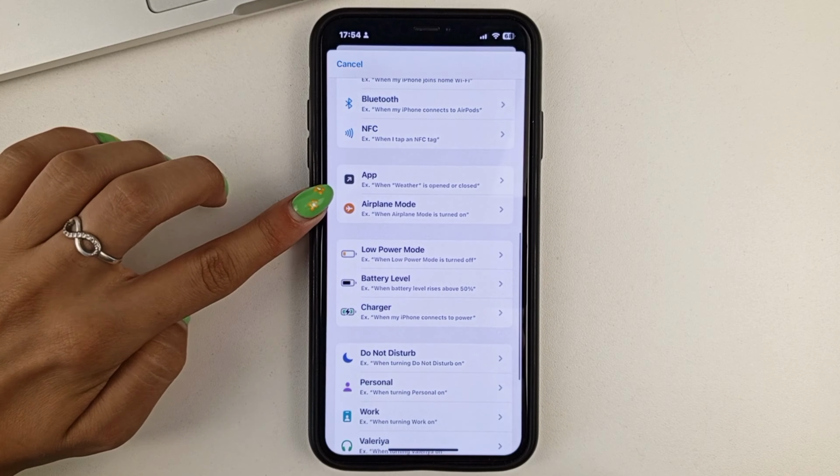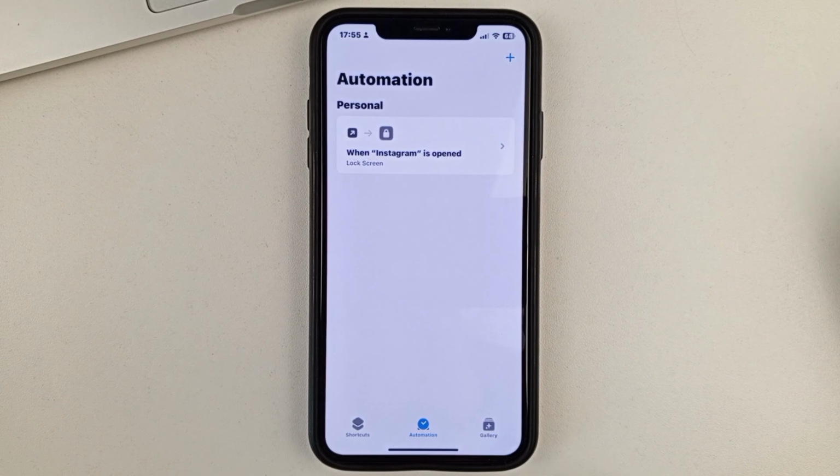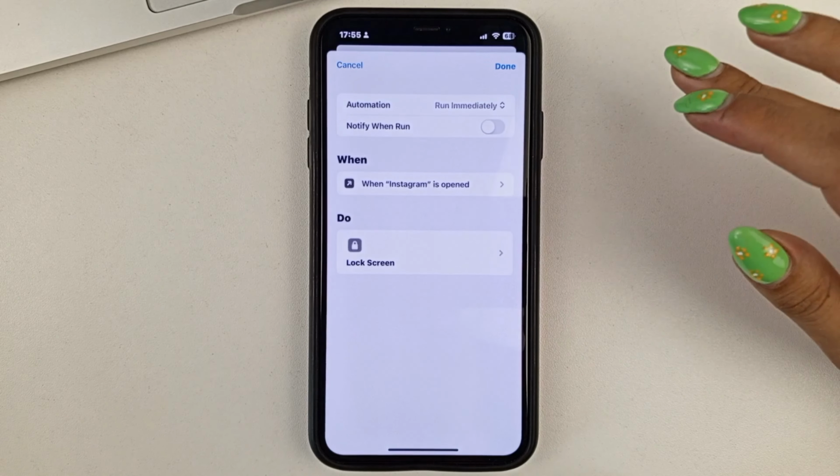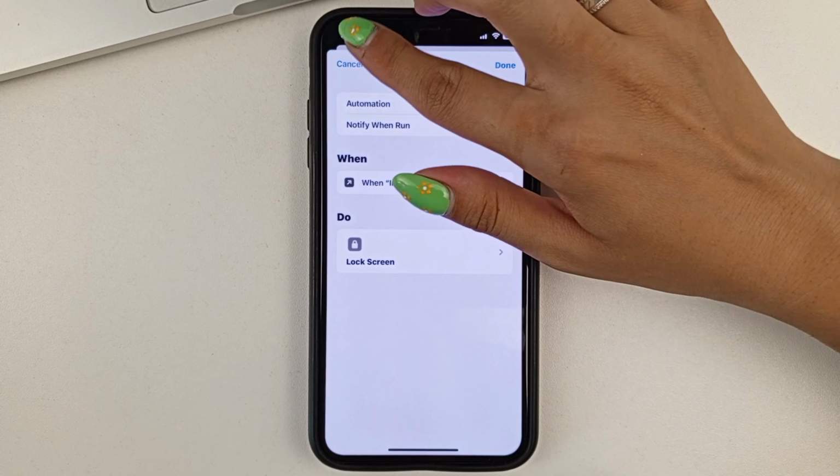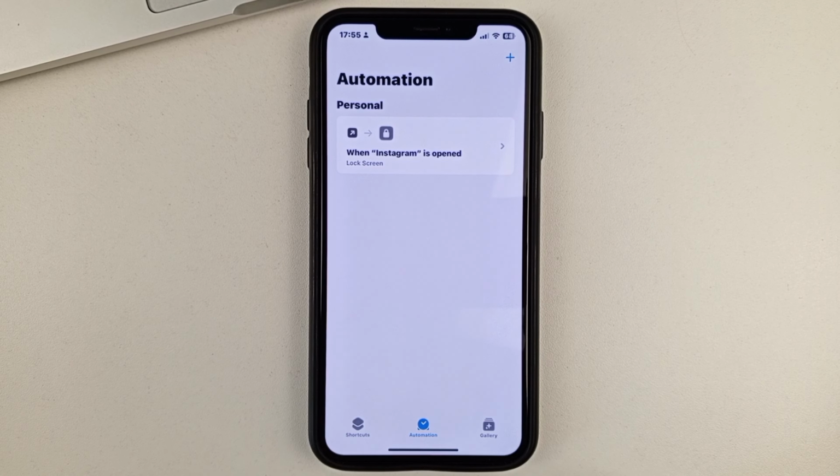Here, you will have to select the word Lock Screen and add it. After that, click Ready. And now also I recommend that you open your shortcut again and make sure you have this feature enabled. If you don't, then turn it on. And then click Ready. This will help you activate this Block Instagram feature.